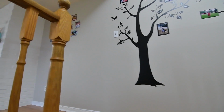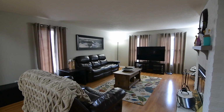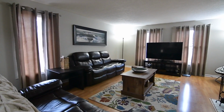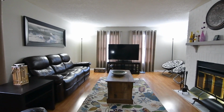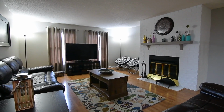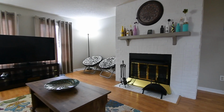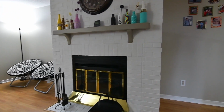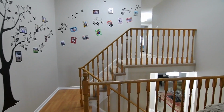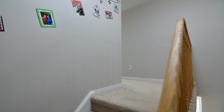Incredibly spacious, and with 3 sets of windows allowing for natural lighting, this informal entertaining space is finished with laminate flooring and is warmed by a wood-burning brick fireplace. The staircase's hardwood railing maintains an open, airy feel between the family room and the upper level, which is carpeted